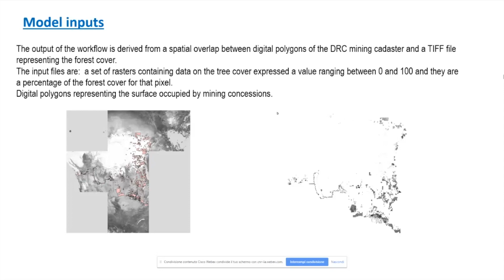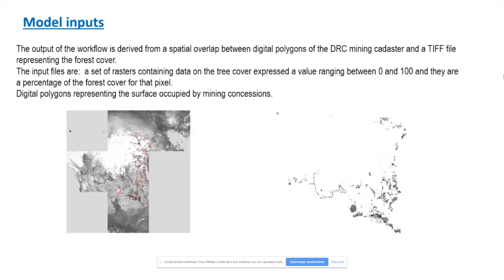And the small pink polygons are the mining concessions. The output of the workflow is derived from a spatial overlap between these two data sets, the raster and the polygons. And on the right image, I'm showing the results of this intersection. So it's the surface of the forest